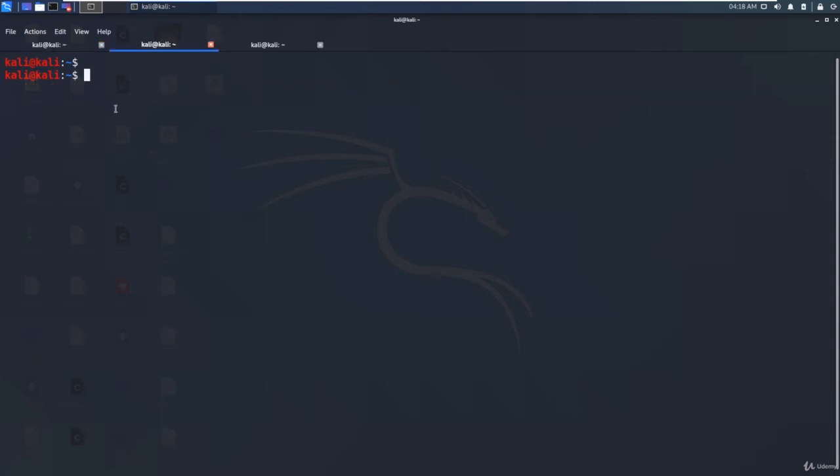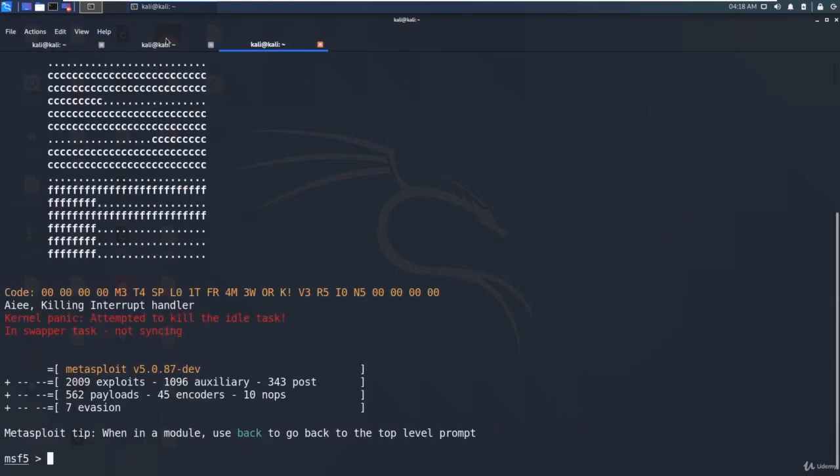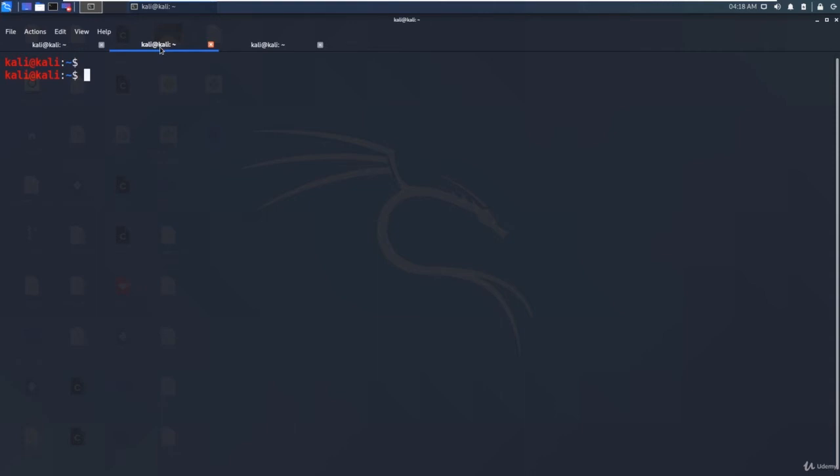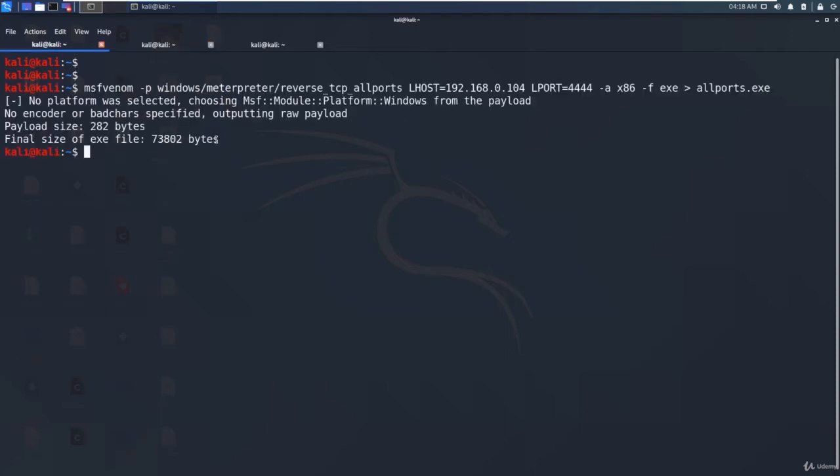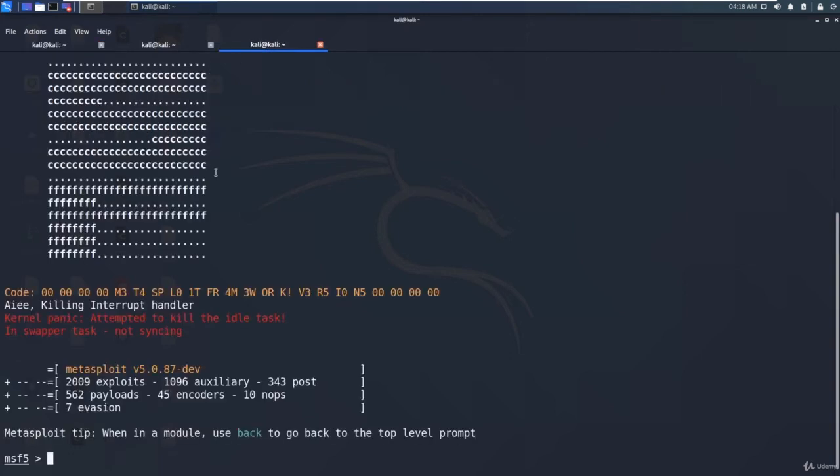Okay, meanwhile, let's create this sudo iptables rule. But before that, first let's execute from the port 4444. Let's use this exploit multi-handler.